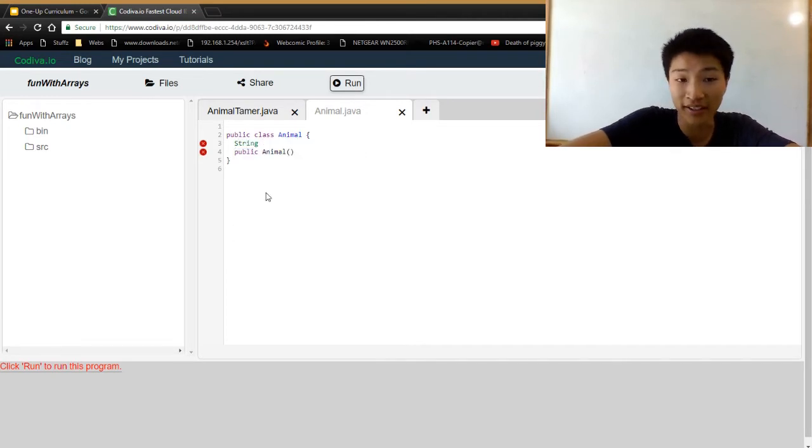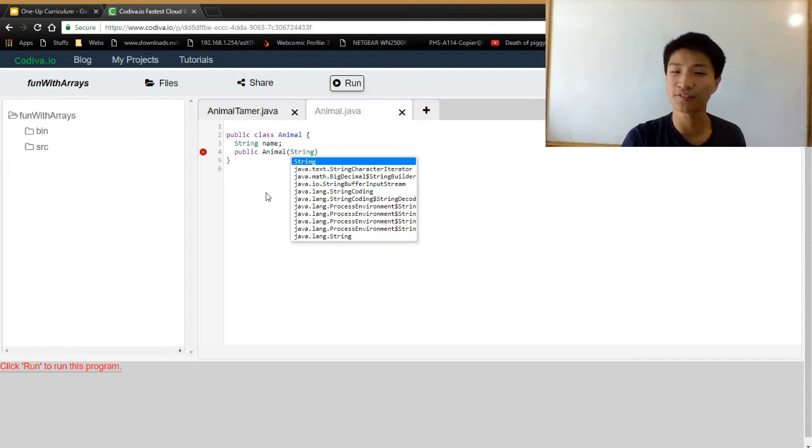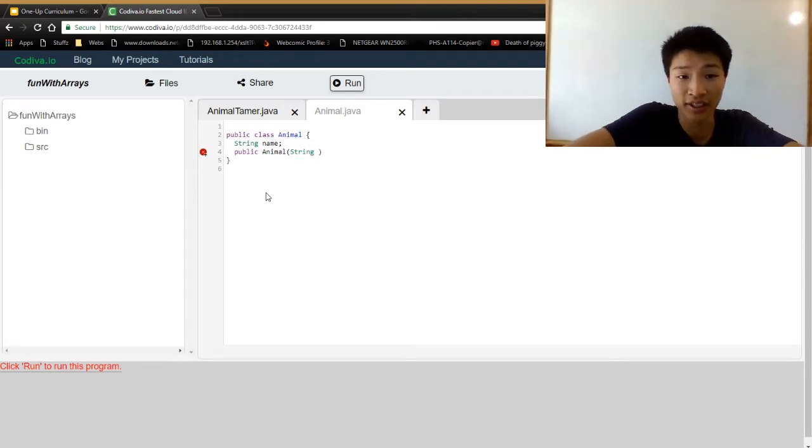What we want to put inside is, I want a name, but I don't want to give it a name yet. I want it to change depending on what I put inside. So inside of our constructor, which is the first thing that runs when you create this object, I want to say, hey, string,